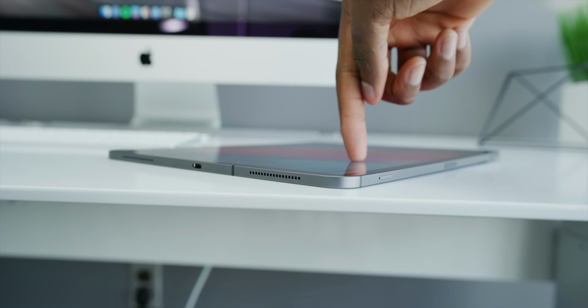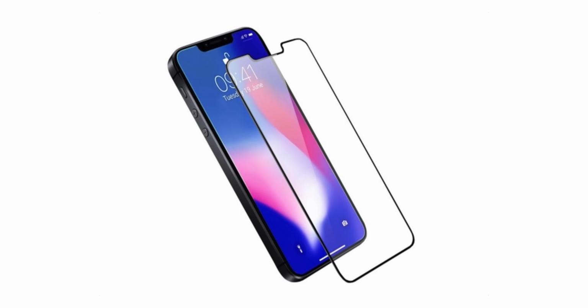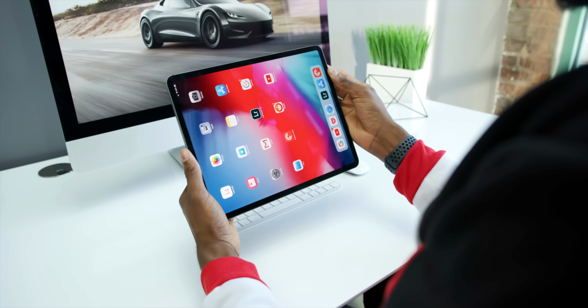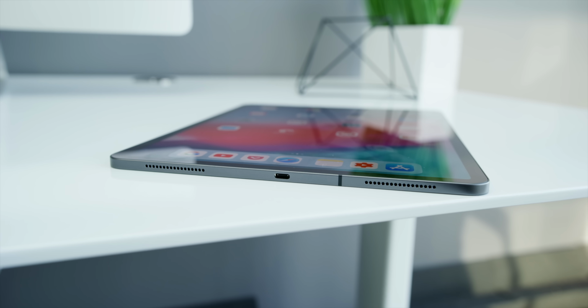So I'm not so secretly hoping that the new iPhone has that really industrial, boxy sort of design. I'm also hoping that maybe this is the first year that we get a 120 hertz display in the iPhone, just like we have in the iPad Pros. I am hoping that maybe we also get a USB Type-C port in the new iPhone. If they're willing to do it in the iPad, maybe they're willing to do it in the iPhone. I don't know. And then naturally we've come to expect high-end performance in iPhones. A lot of people don't know this, but the 1 terabyte iPad Pro has 6 gigs of RAM. Maybe we'll see a high-end terabyte iPhone 11 with the 6 gigs of...